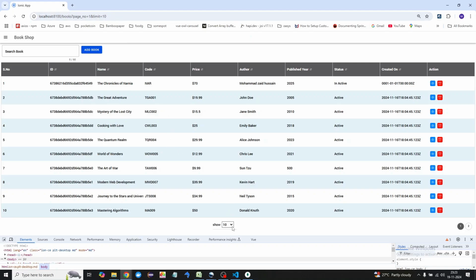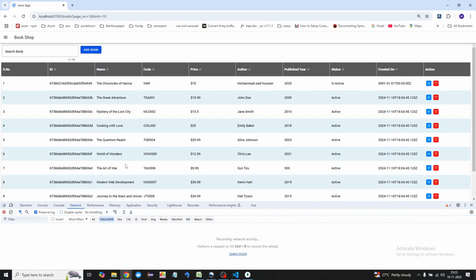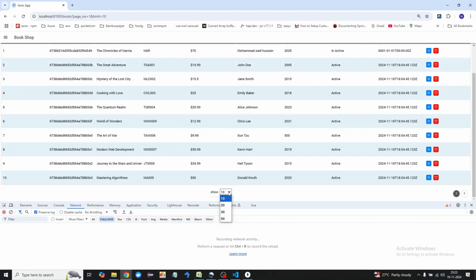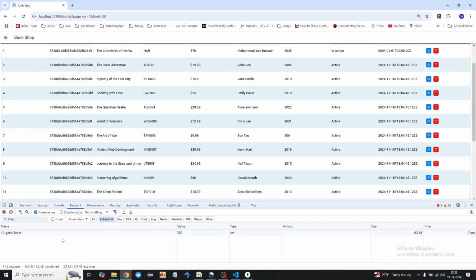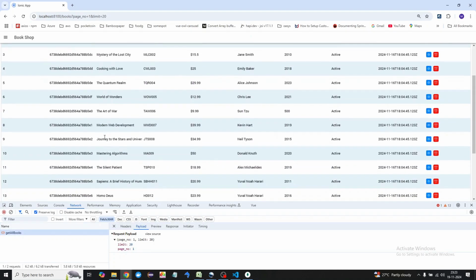What if I say, let's say limit 20? That means the API should get triggered, and all the data should come on this specific page only, because we only have 18 records, and those 18 should be coming here, and then there won't be any page number 2. Let's see that in action. How can we verify that? Let's clear this. The API should be triggered. So I'll select 20. You can see one API got called here, this time the limit is 20, and we are getting all the data here